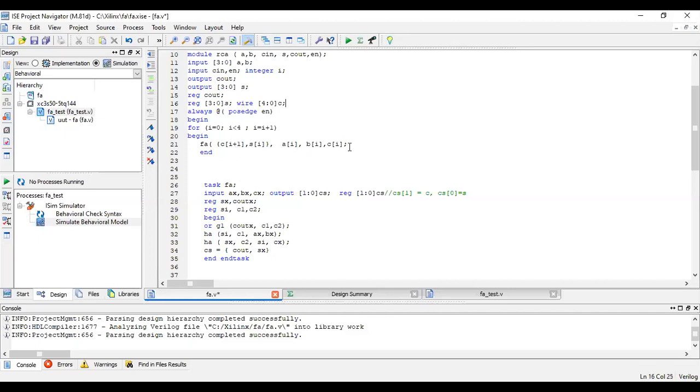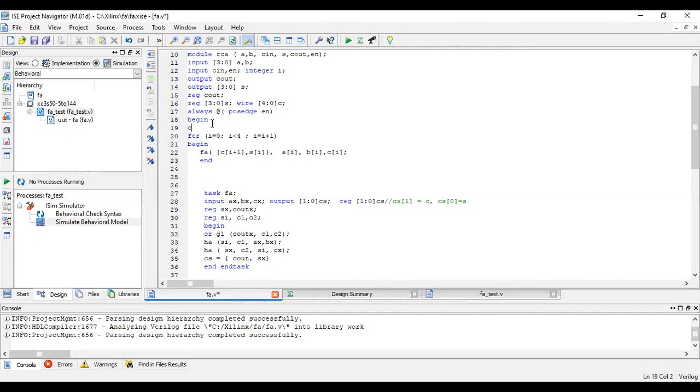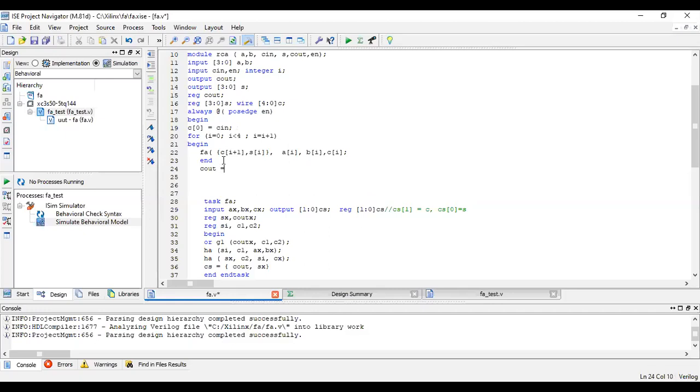So this is end. Next I can write one more statement. But before that, I can write it here itself. What is C of 0? C of 0 is nothing but Cin for us. And what is Cout? Here I can write Cout is equal to C of 4.